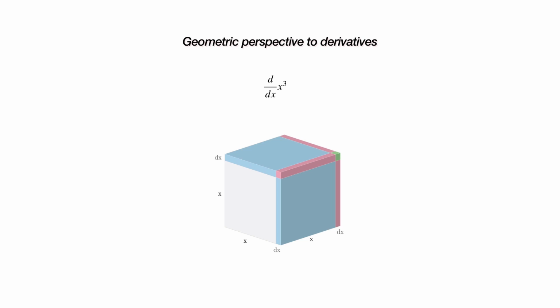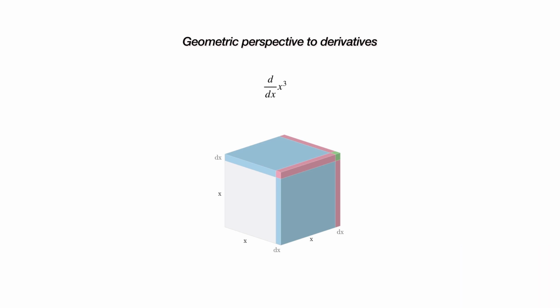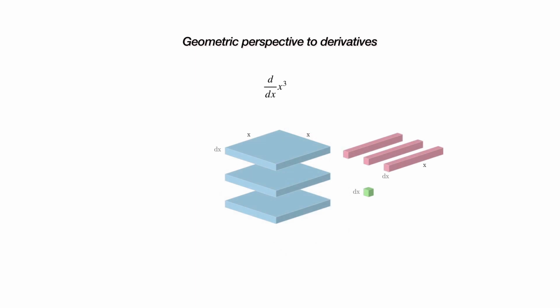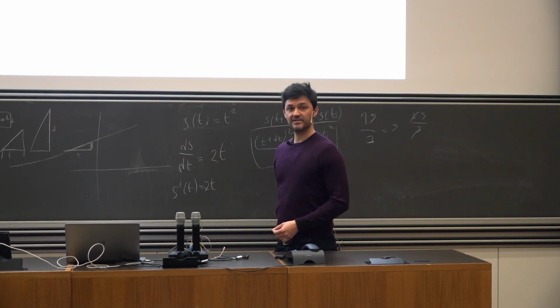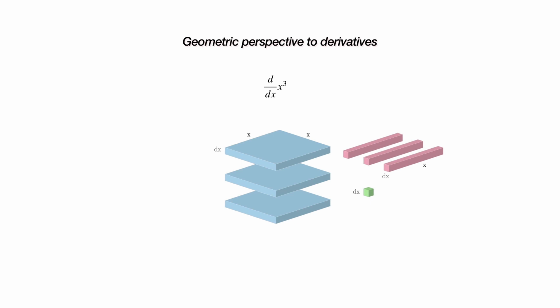So what you get is 3 of these blue parallelepipeds. Each of them has volume x times dx times x. And then you get these purple ones, which are dx times dx times x. And then you get one small cube, which is dx to the third power. Yeah? These show the additional volumes. You can see them here. So the derivative is all of these volumes divided by what caused them. And what caused them is this dx, this one small length. So all this volume divided by this length.